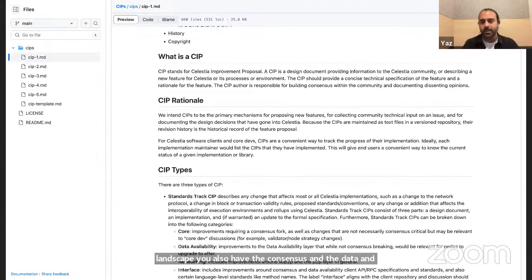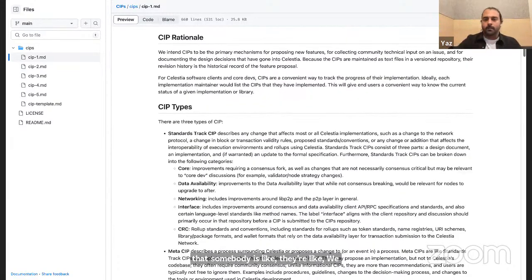In a CIP, the author is responsible for building consensus within the community and documenting dissenting opinions regarding any kind of proposal. And what it means, in other words, is the CIP author is the champion of their proposal. You can't just create a proposal and expect other people to champion it unless it's been explicitly said that somebody wants to champion that proposal.